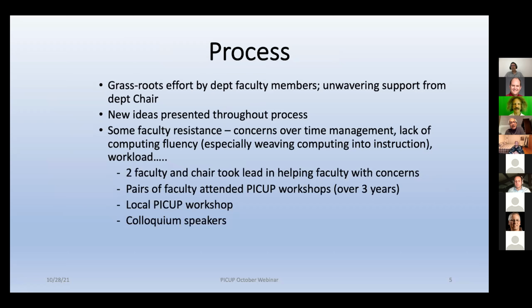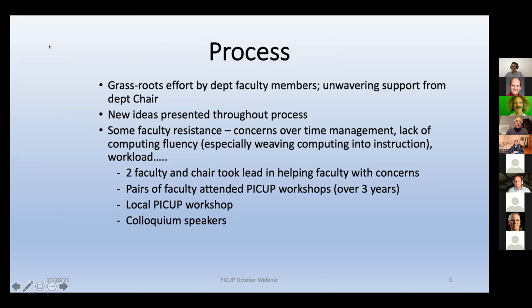And knowing Andy as well as I do, I thought he would sort of underplay his role in describing to you what a pivotal role he had. And I think it's important that the department chair be a champion for this and provide whatever support the chair can. I speak from experience. I was the department chair before Andy, immediately preceding Andy.